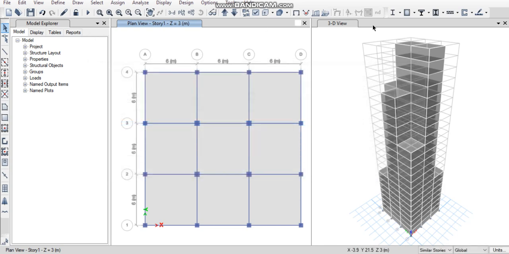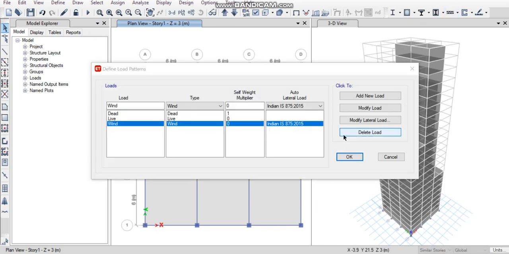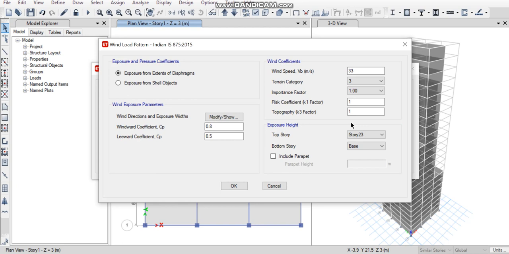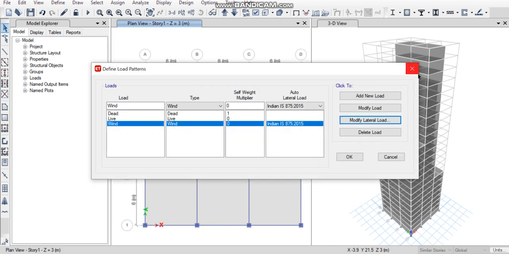We have to modify this load, and we have to give the values for the Bangalore area where the wind speed is 33 meter per second and the terrain category as 3, importance factor as 1, K1 factor as 1 and topography K3 factor also 1, based on the IS book. This is how we design